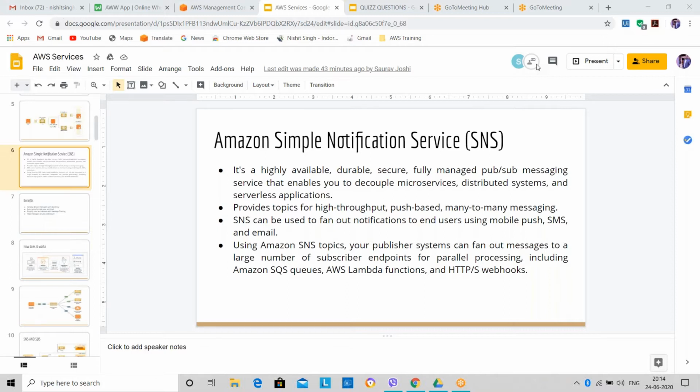We can create an SNS topic, and then we have to give the email address for the SNS topic. Let's say I am creating the SNS topic, and I want to send my monitoring records to Lokendra. Then I'll create a subscription with Lokendra's email ID and ask him to subscribe. As soon as he subscribes,